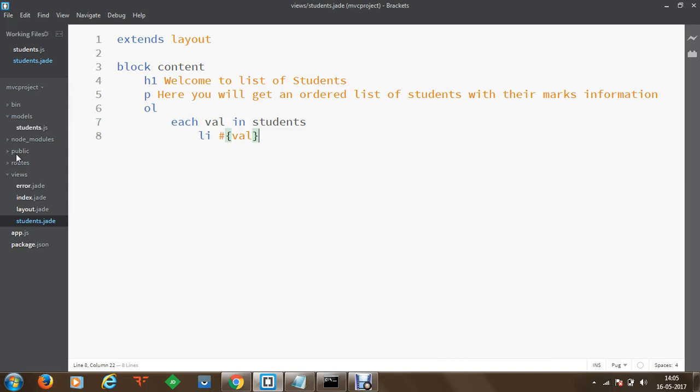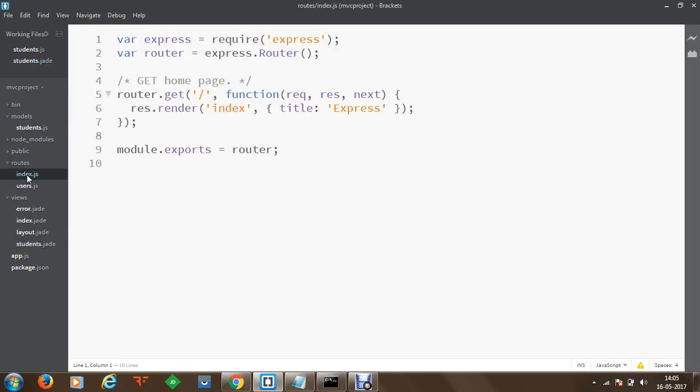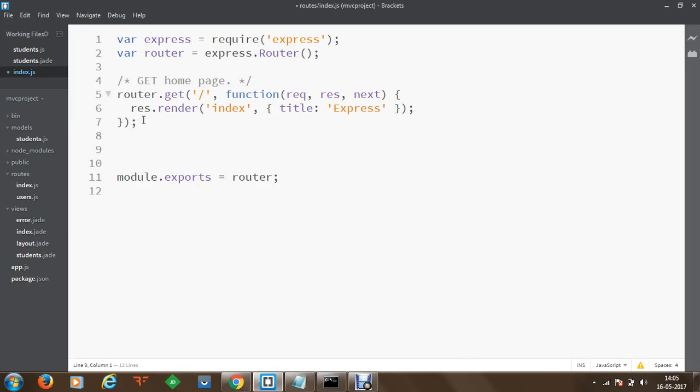As soon as we get to that page, we are going to read the model's information, and after reading the models, we are going to display the model information to our layout. So to do this, I'm going to go to the default route index.js, and within this default route, I'm going to define a new path. I'm going to say router.get, and on this router I'm going to receive a request for my slash directory,